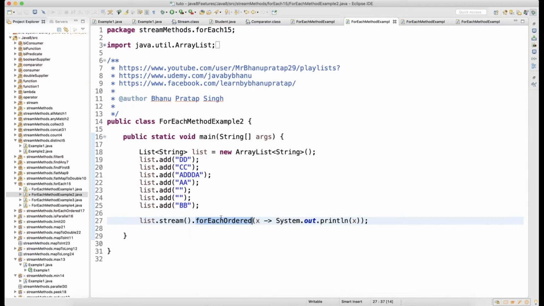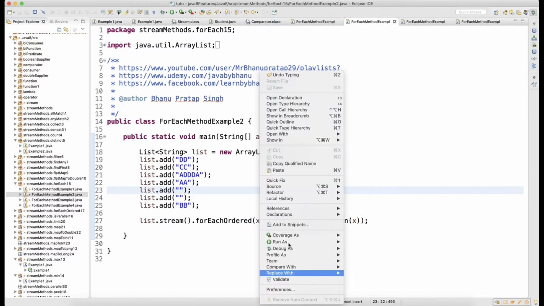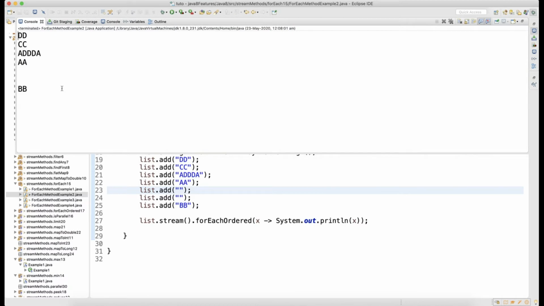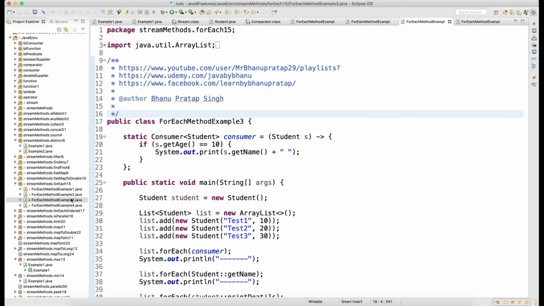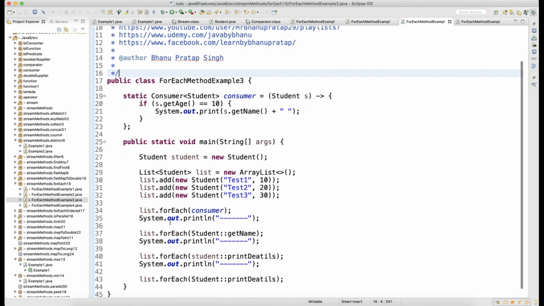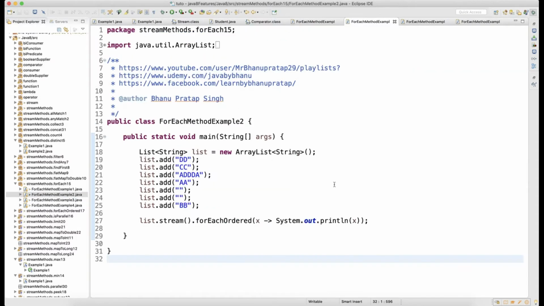If I run it here, you will not see any difference because this is a sequential stream. Once I show you parallel, you will see the difference, and when I talk about parallel I would like to cover it in more detail.